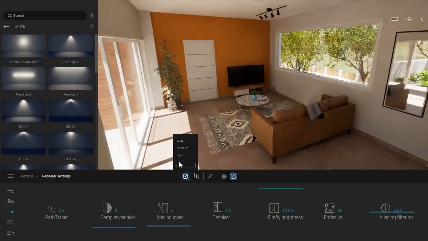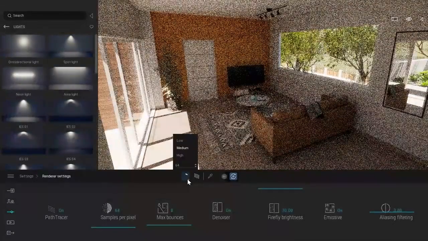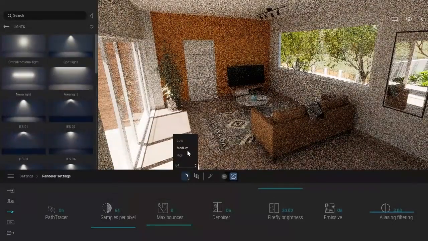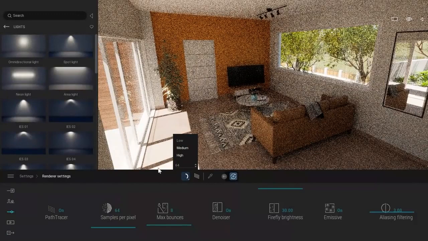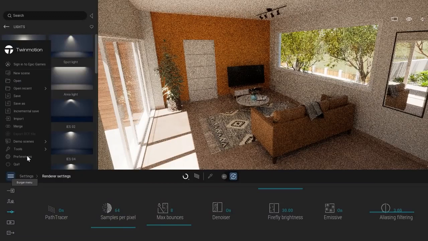Also, those settings, you can customize them. Here, the 8 is the number of samples. So when you switch from low to medium, it will automatically switch the number of samples. But you can also customize those presets. To customize those presets, you will click on that burger menu over here, click on Preferences,